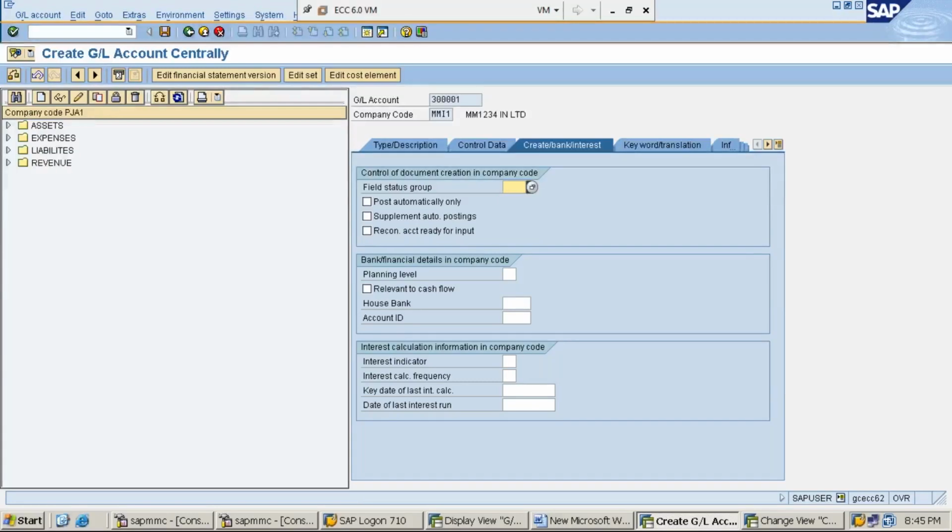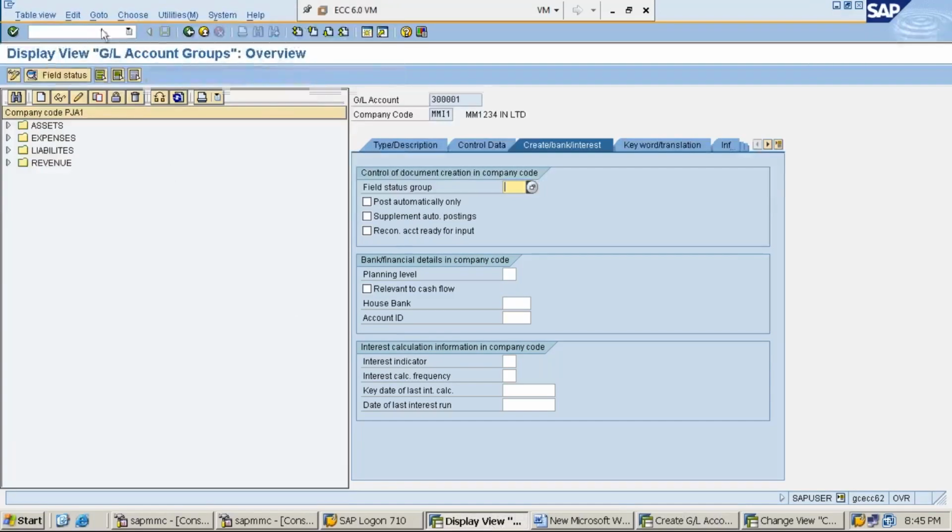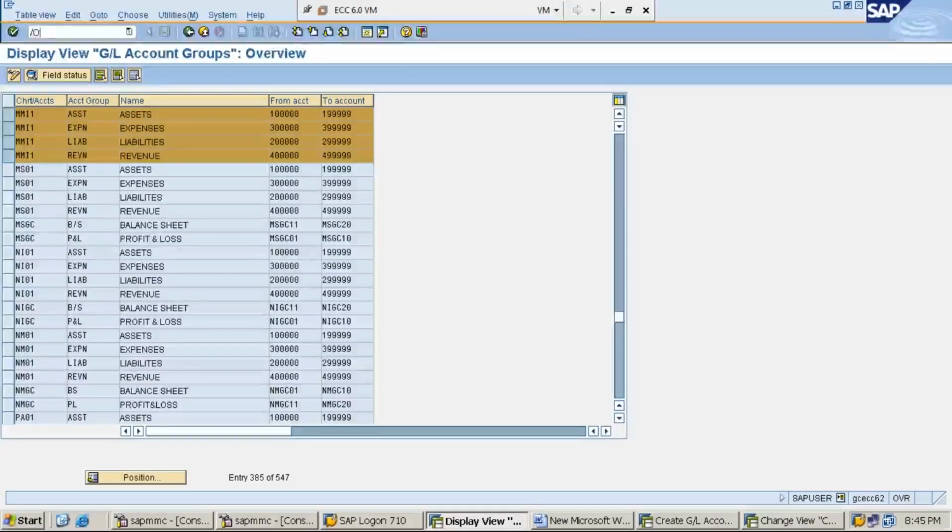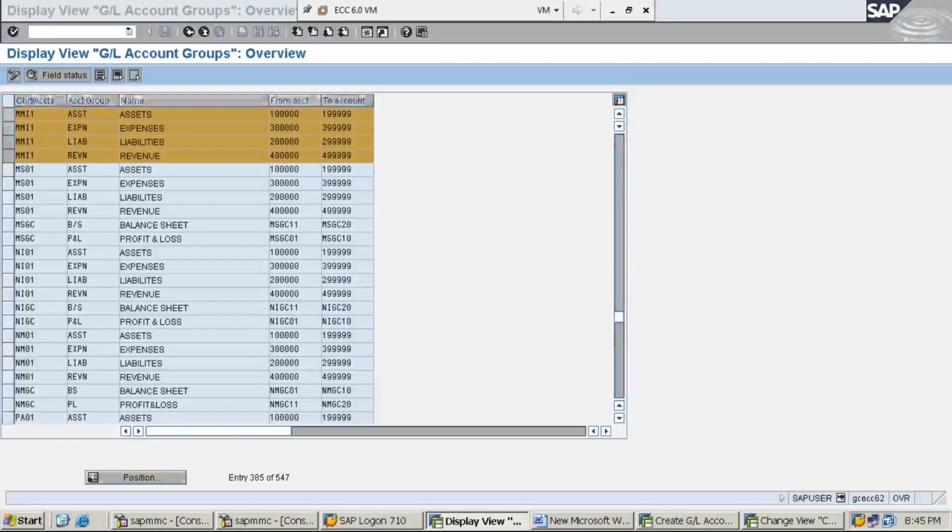Yeah, we have created one field status group. I'll show you what that field status group is. We have created one field status group called MMI1 by copying the standard field status group 000.